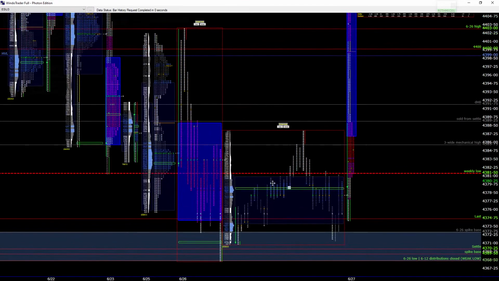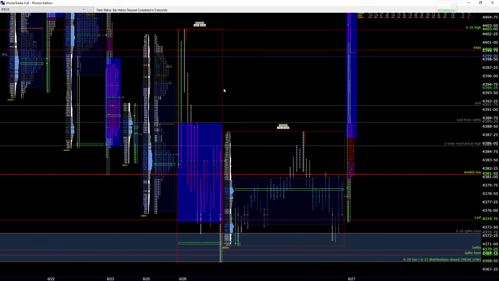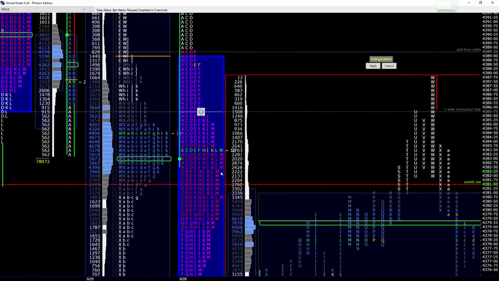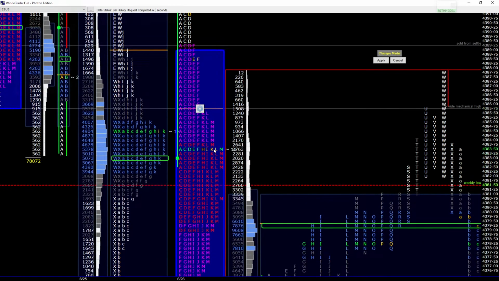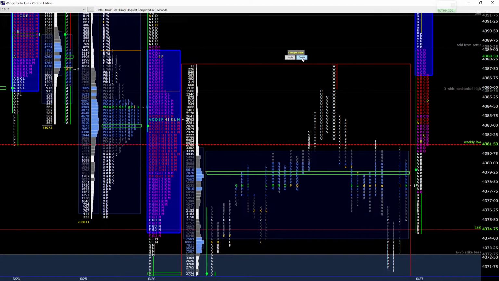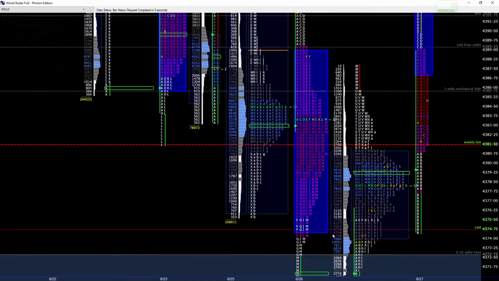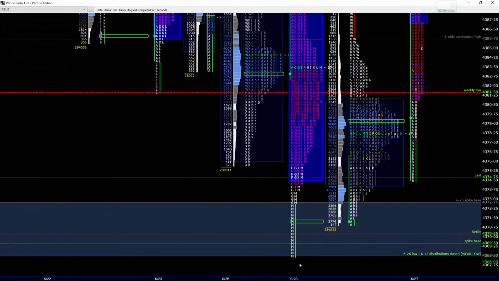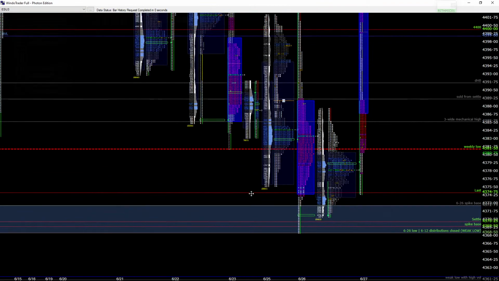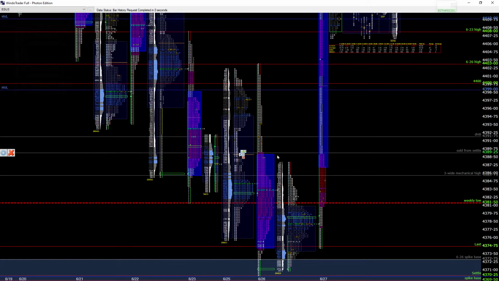Opening inside the previous day range advertises chop, advertises a rotational market. The closer to the center, the higher the odds of chop. Where is the center? Up here, the POC, a wide POC as well. All right, those were the two things: a spike being rejected, opening inside the previous day range, and inventory very short here.